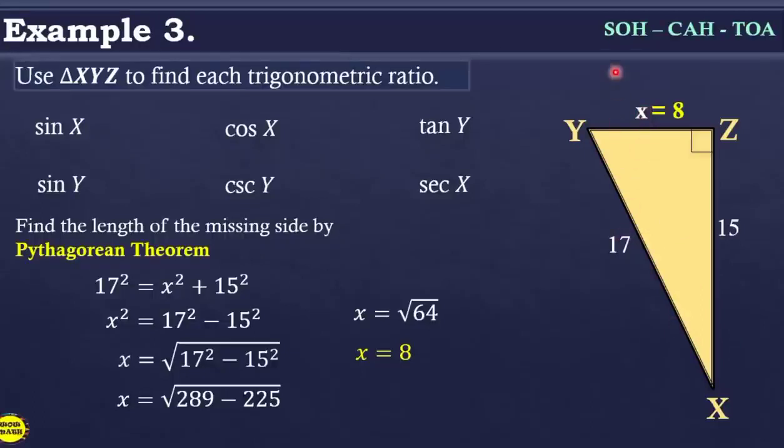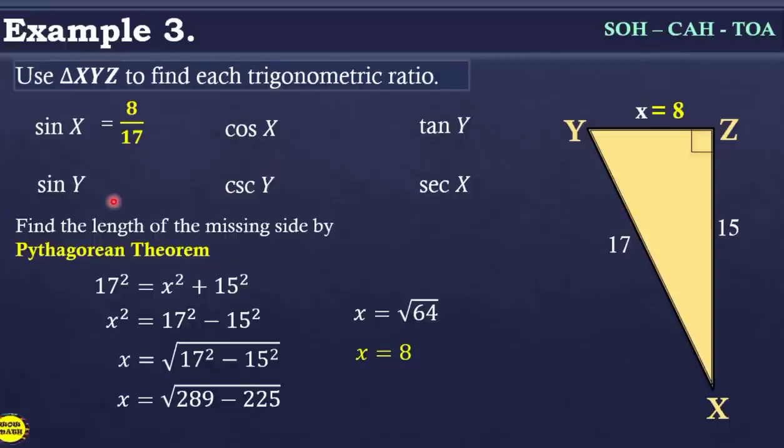Okay? So, ito po tingnan natin. Sundan. And then, again, your sine here is x. So, dito po tayo. Ito yung angle. Opposite over hypotenuse. So, that is 8 over 17. Next, we have